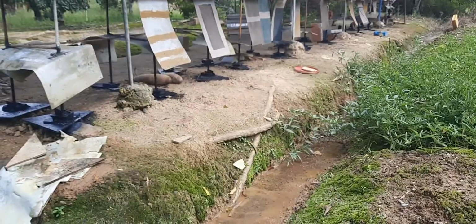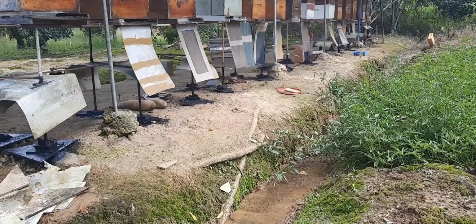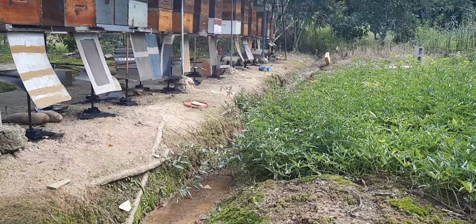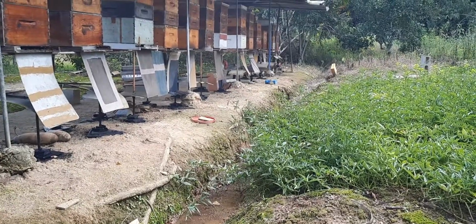what I also did, I put some feed, liquid honey sugar syrup, over on the other side, so that it will encourage the bees to go to that rather than to go to the farmers' crops where they're picking up that poison. And as you would notice, I'll make a little run past you just now, how active the bees